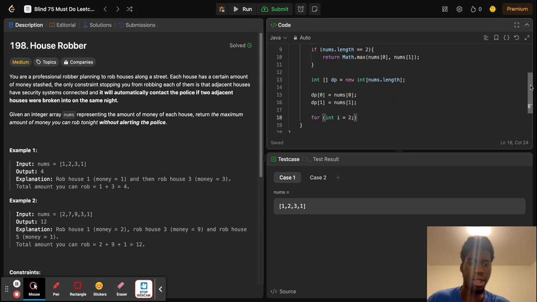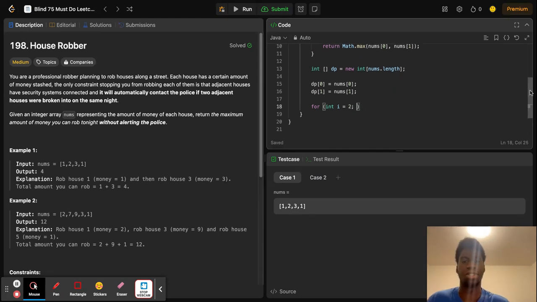So we start at 2, that second iteration, and i is less than nums.length, and then i++. Here is where we find the actual adjacent parts. So dp at i, since we are trying to solve for it, equals